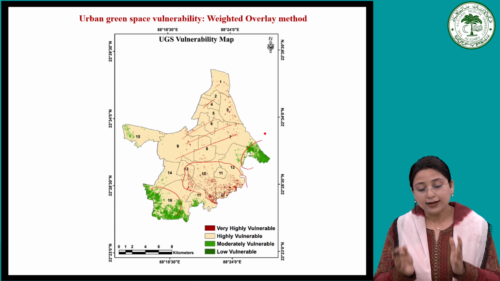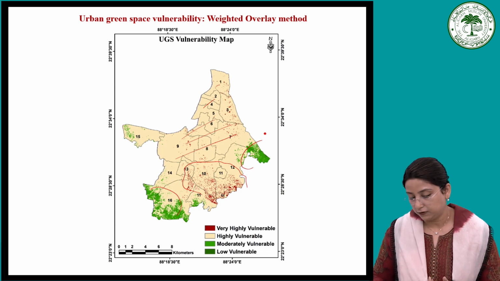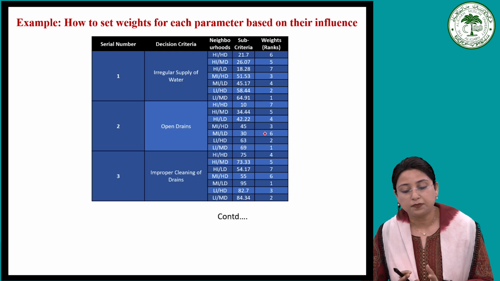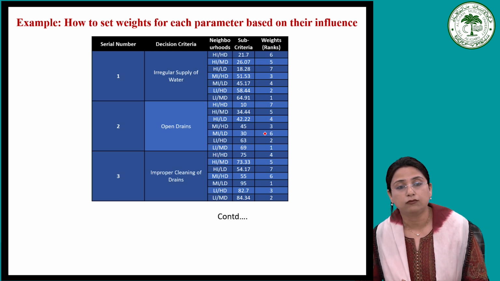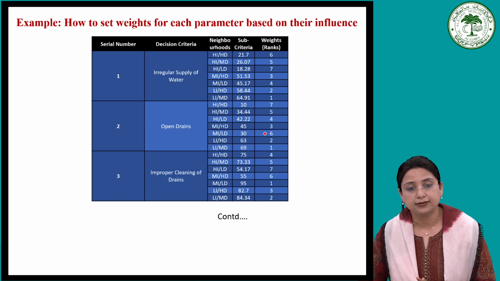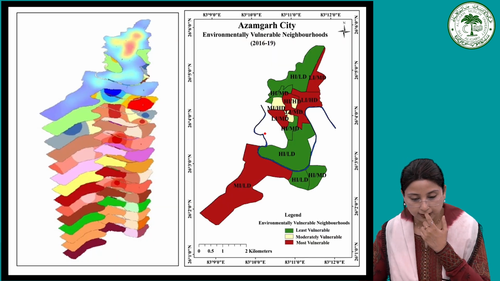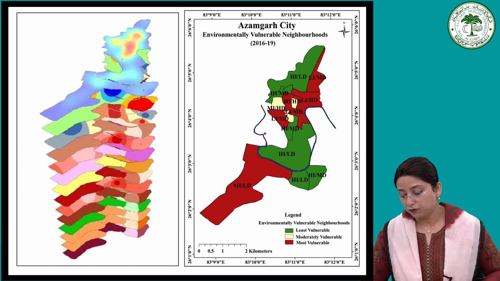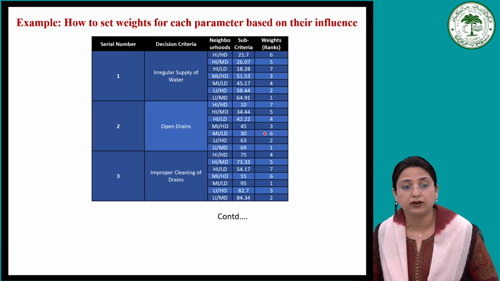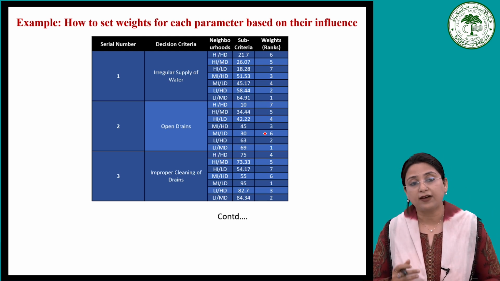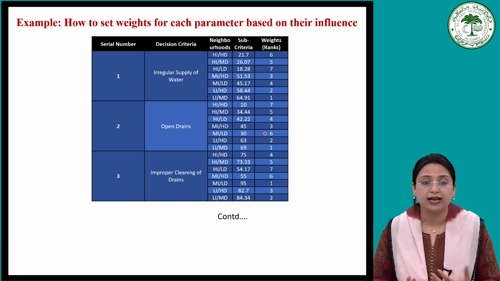So this is giving, at a glance, various information. So how do we set weight for each parameter based on their influence? Suppose we are taking another study. If you see here, we are going to map out environmentally vulnerable neighborhoods, in which we have taken certain factors, or we can call them decision criteria,